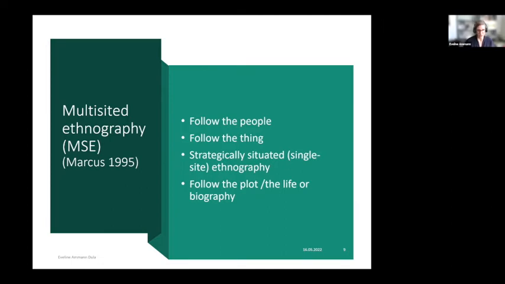Sometimes it is not just the people who are important in migration, but maybe more things that are traveling around, creating connections between different people. So you can follow the thing, or the money, for example, the remittances that migrants send, or you can do strategically situated ethnography, to say, okay, there are places